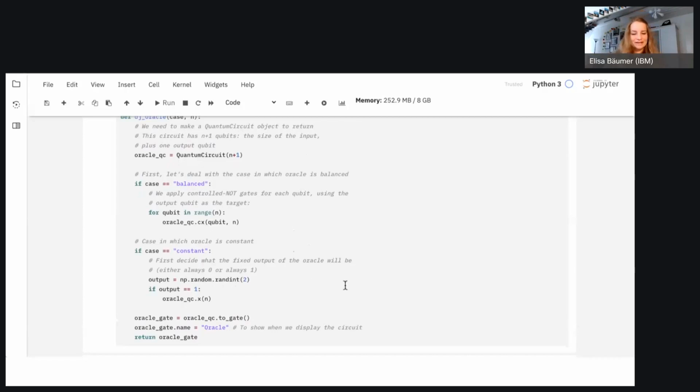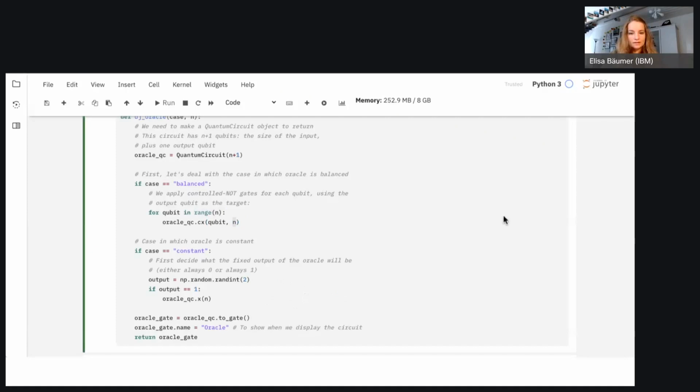Still a very easy one, where I'm doing a for loop over all the first n qubits, and I apply a CNOT gate to the last qubit. Note that if I do range n, it starts with 0 and goes until n-1, so my first n qubits will be qubits 0 to n-1. For each qubit index I go through, controlled on that qubit, I apply a CNOT gate on my nth, so the last qubit.